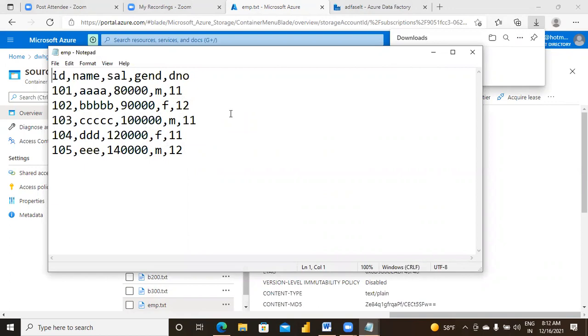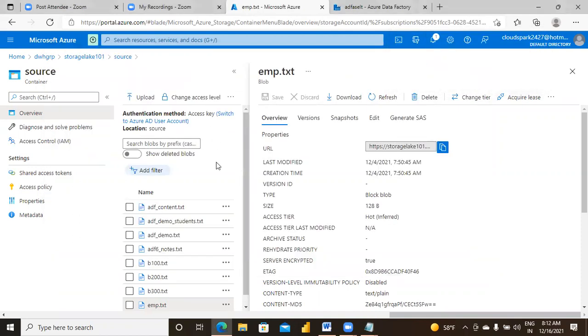What are the activities you have seen previously? Whether the copy data activity or the get metadata activity, or the for each activity, all the previous activities were able to touch files, but not able to touch the data within the file. Understand the point? Now check the output of your lookup activity.